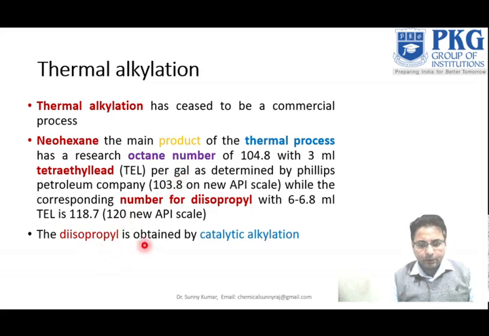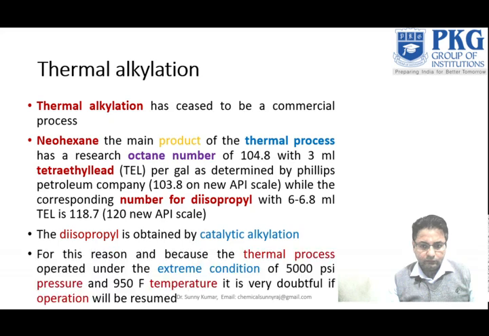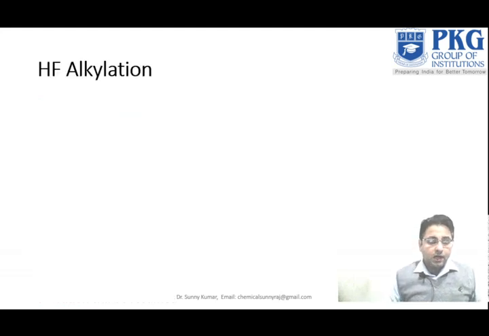This diisopropyl is obtained by catalytic alkylation. For this reason, and because the thermal process operated under the extreme conditions of 5000 psi pressure and 950 Fahrenheit temperature, it is very doubtful if the operation will be resumed. Actually, for this extreme condition, it is very difficult to sustain the equipment. So now another is